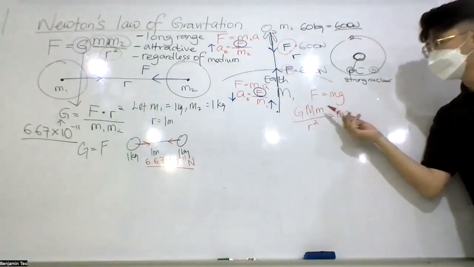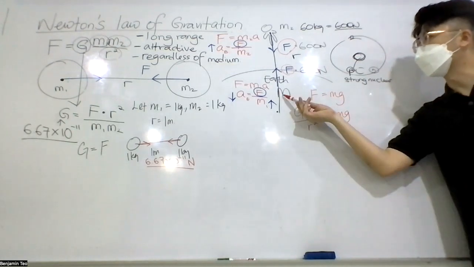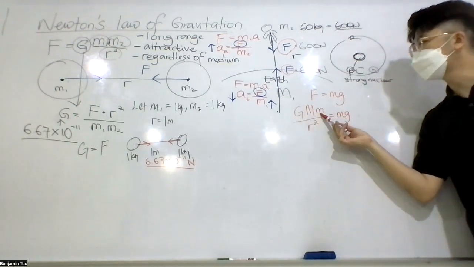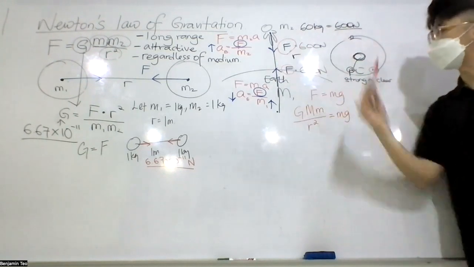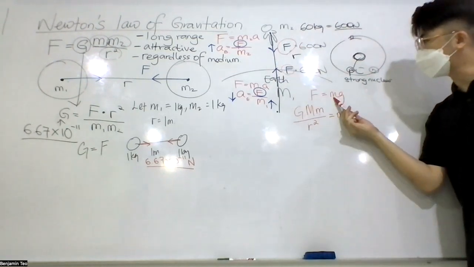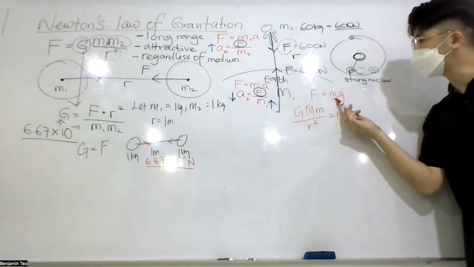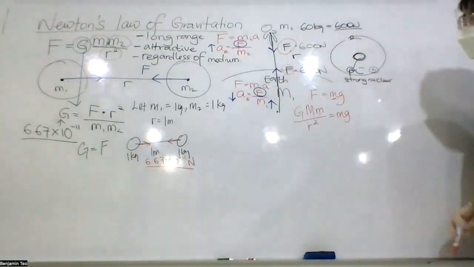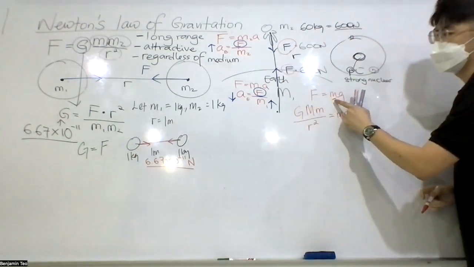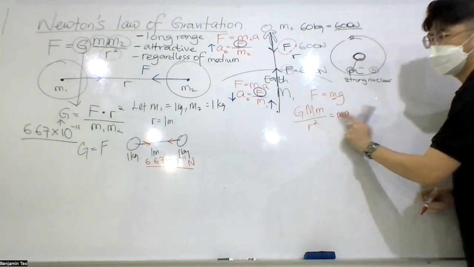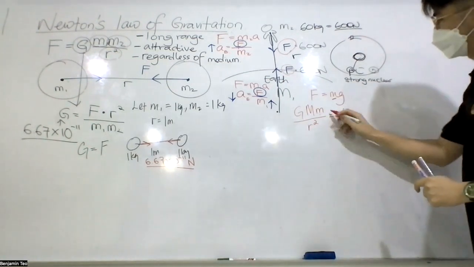Be careful with the mass. Whose mass is this one? The Earth's, M. Whose mass is this mg? This is the person's mass, the force acting on a person. When I cancel this with this one,